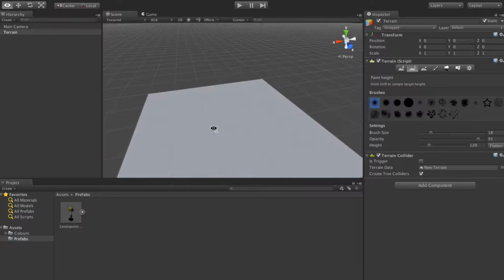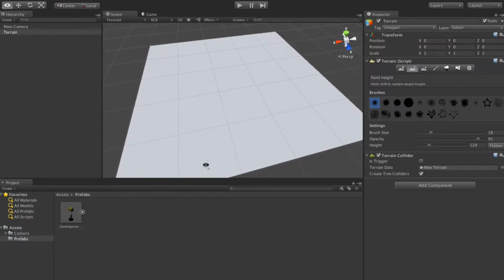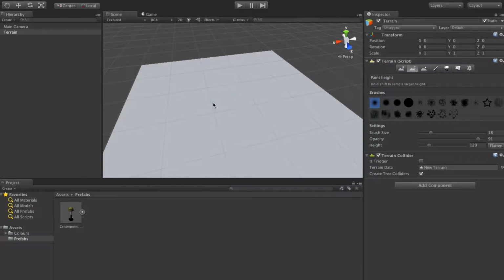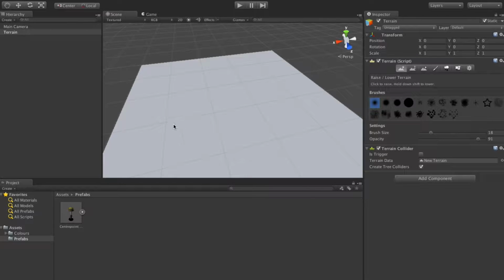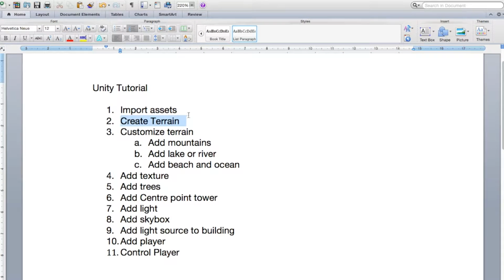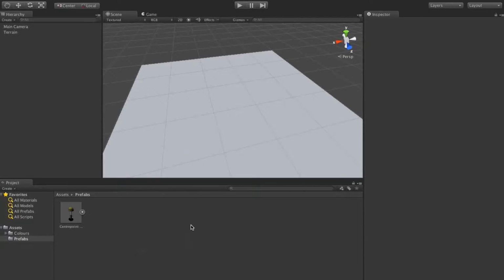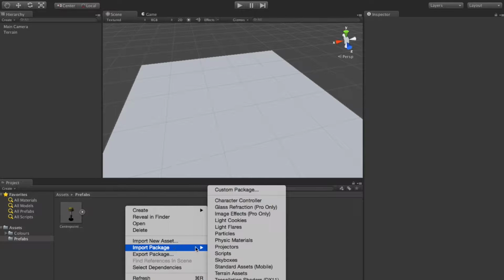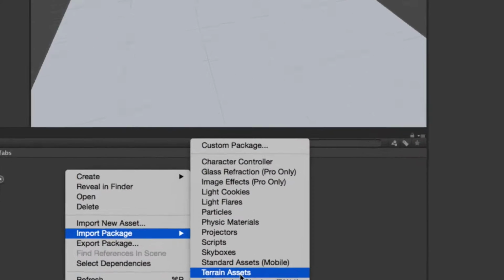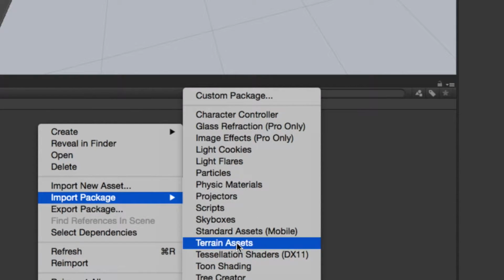Okay, so let's get started. We've got a terrain, and basically what we want to do is know how to change the shape, the layout, etcetera of this. Now, before we actually proceed with changing, what we want to do is just tick off some of these things. So we've created a terrain. What we want to do is import some assets. To import some assets, what you can do is right click down here and go import package, and there's a few packages that we need, and what I want you guys to do is go through them one at a time. The first one we need is terrain assets. Just zoom into that. So that's the one there, terrain assets. So we'll import that,